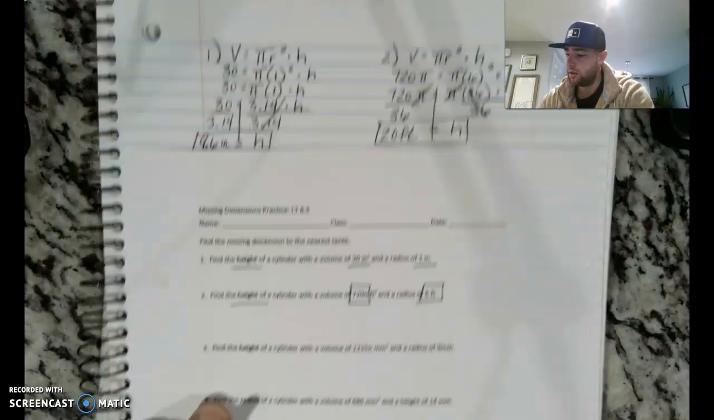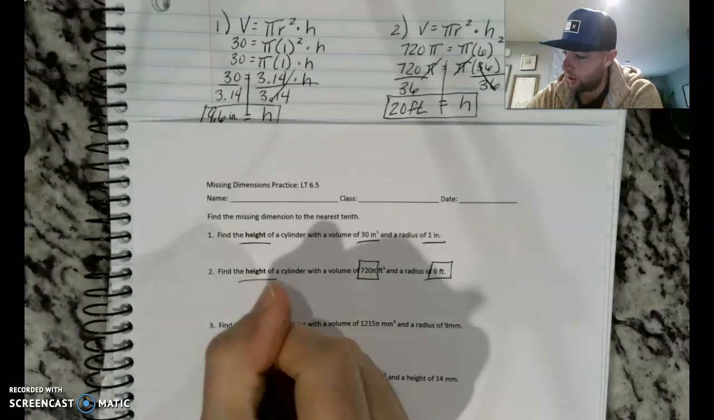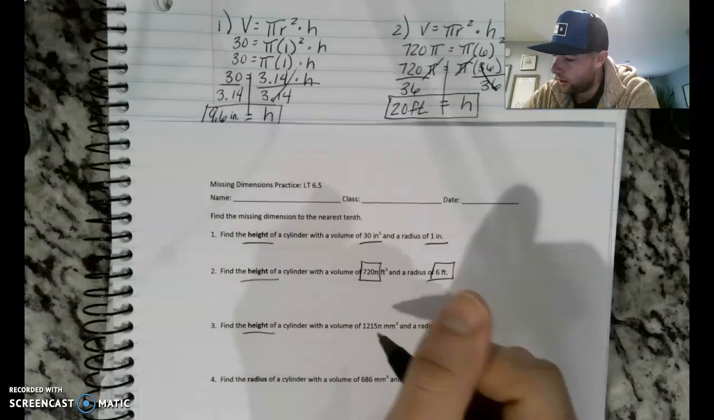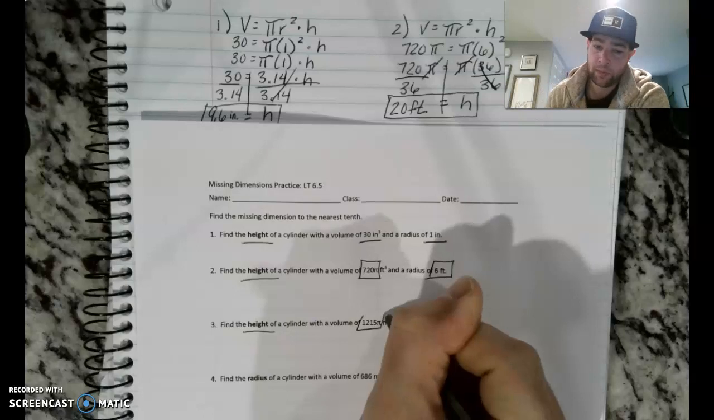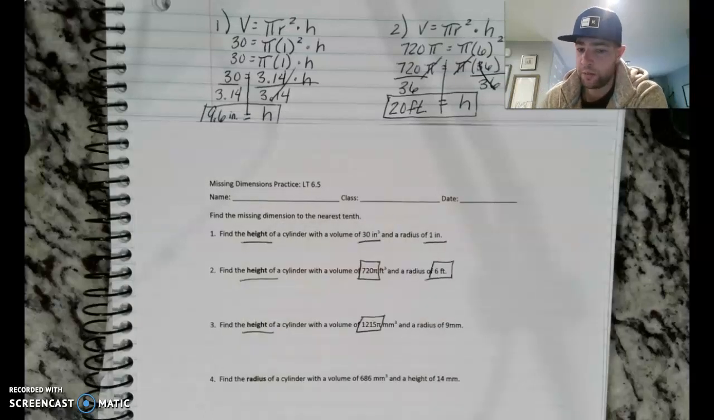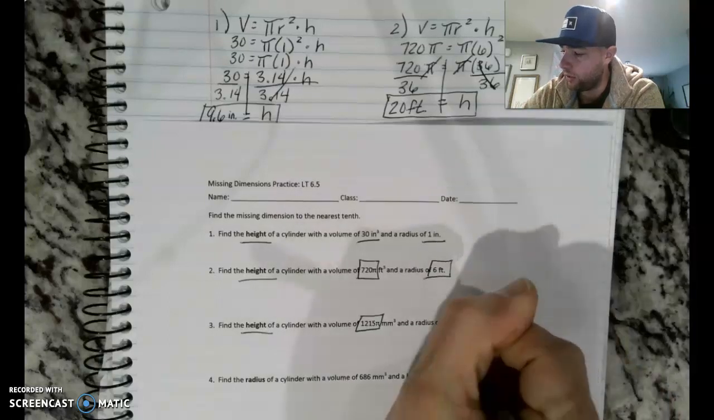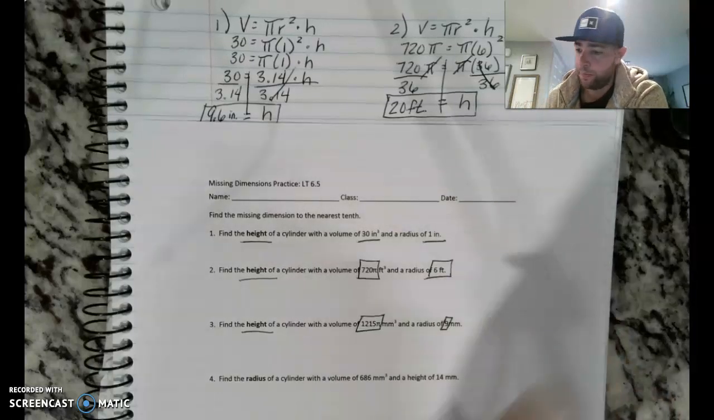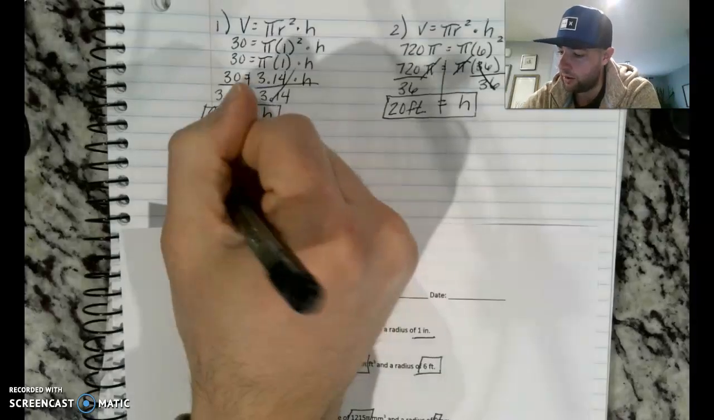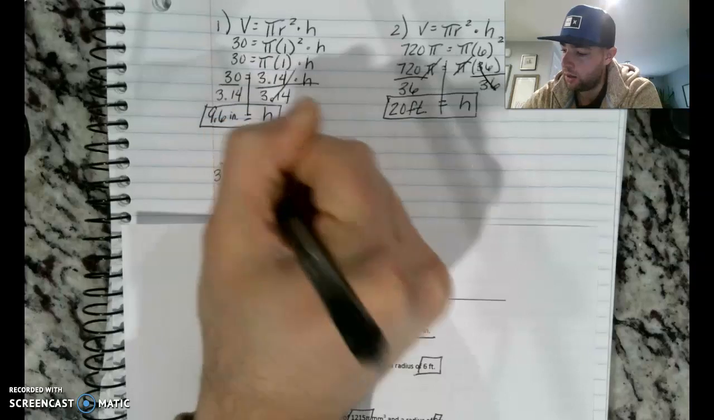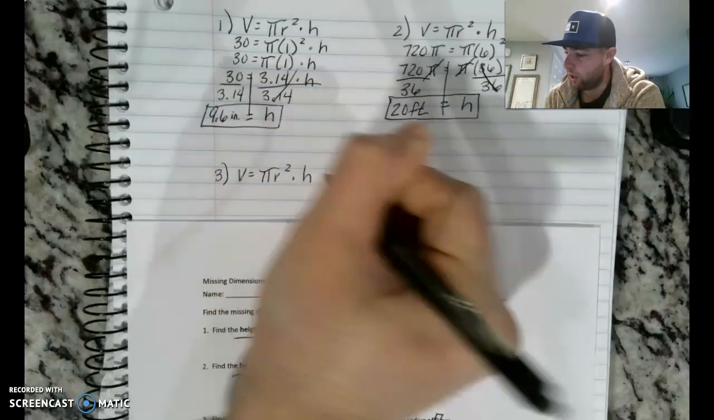Number 3, again, it says find the height of a cylinder, so we're looking for the height. It says with a volume of 1,215 pi, again they gave us in terms of pi, and this time they give us a radius of 9, and the units we're working with are millimeters. So again, for number 3, I'm going to write down my formula first. Volume of a cylinder equals pi r squared times height. And I'm going to plug in for my volume